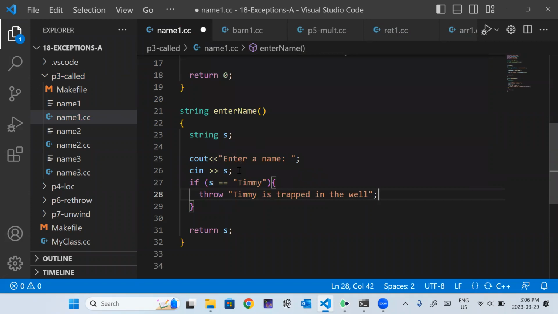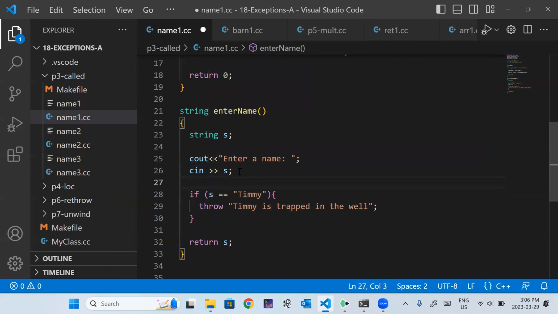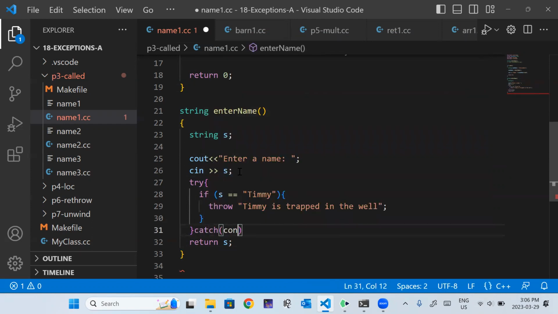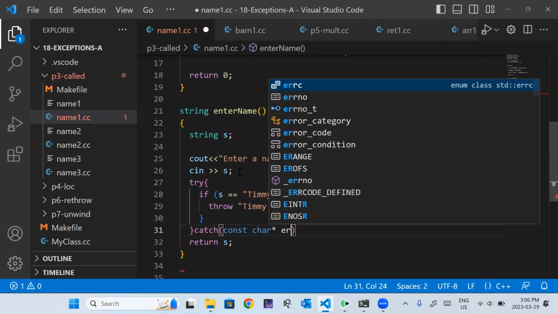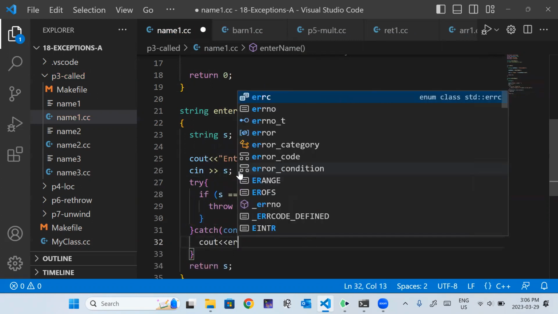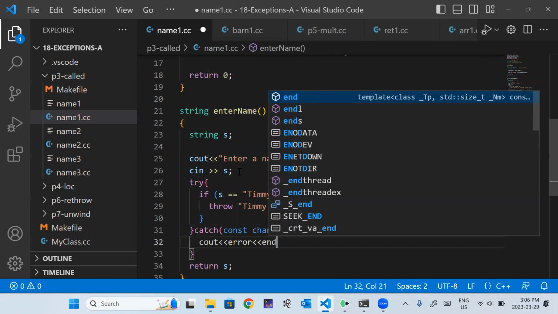Okay, and this is now a potentially dangerous piece of code, so we're going to embed it in a try catch. And then we're simply going to print out that error, same as we did before.